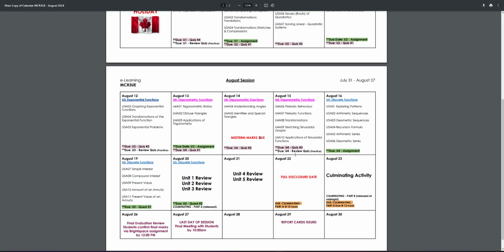Also, the Unit 3 test was due yesterday. So that is done. That will be marked, and hopefully you will get the marks for the Unit 3 test either by Friday or Saturday, at the latest. And then on Friday, August 16th, is your final test, you could say, in this course, because after the Unit